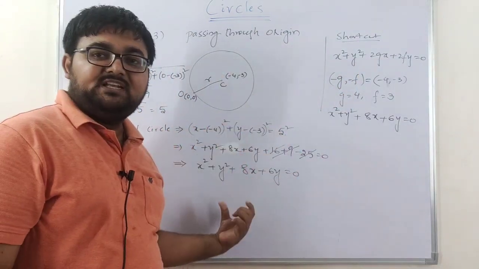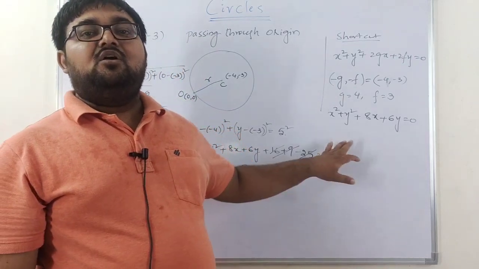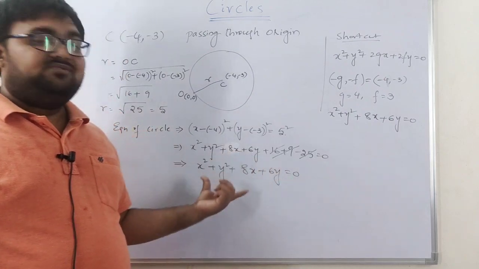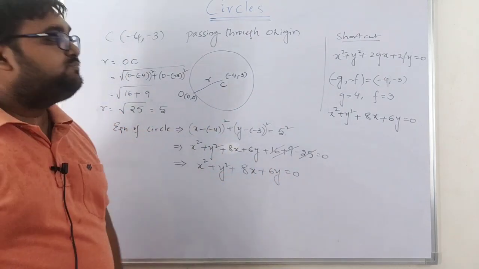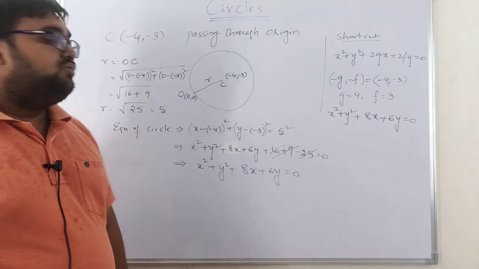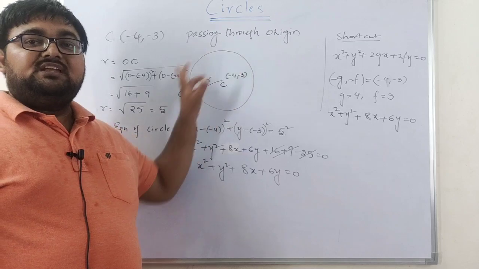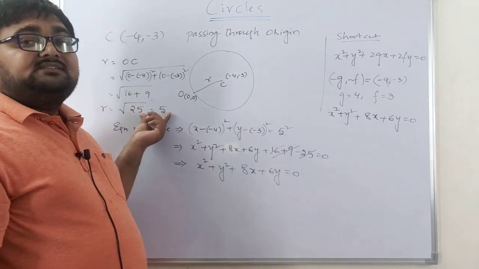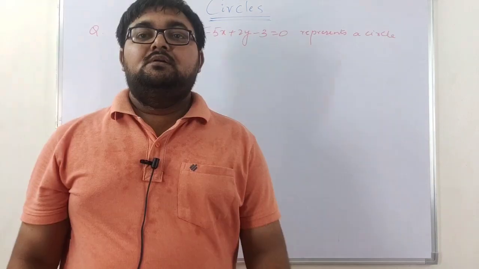So instead of proceeding the long way, you can go for the shortcut. For objective type questions this will be useful. For theoretical, that is descriptive type, you can apply this particular condition, right? No need of remembering the formula, just if you visualize the figure, then you can easily obtain the radius. From there you are going to obtain the equation of the circle, right?